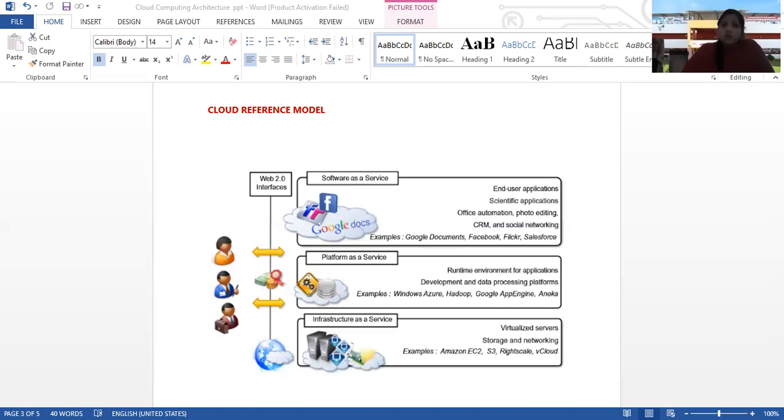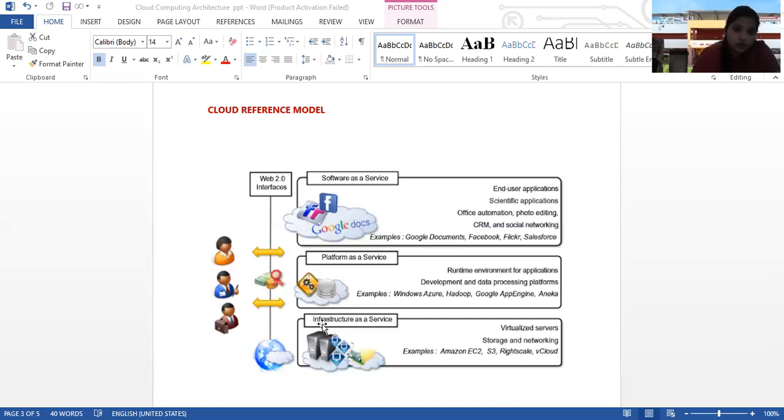A key element of the technology is that it allows people to create, share, collaborate, and communicate. Cloud computing is an internet-based computing model in which a shared pool of resources is available over a broad network. This is broad network access. These resources can be released with minimum management effort by service providers. The types of cloud are public cloud, private cloud, hybrid cloud, and community cloud.